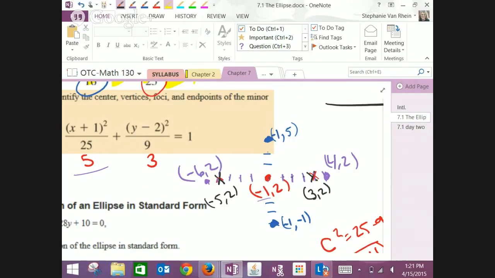And a quick check here. Everything on this line should have a y component the same. Everything on this line should have an x component the same. You guys see that? So if I was to draw this figure,